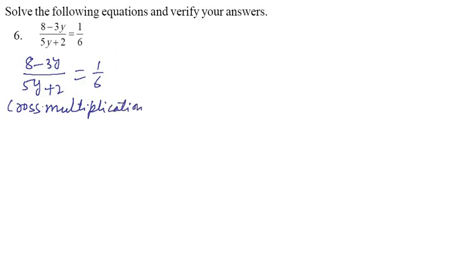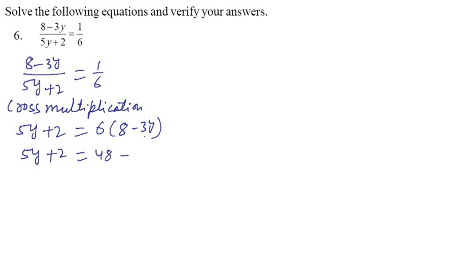Now how can we do this one? Now 5y plus 2 is multiplied by 1 only, and now 6 is multiplied to this one, that is the 8 minus 3y. So it will be 5y plus 2, and 6 eights are 48, and minus 6 threes are